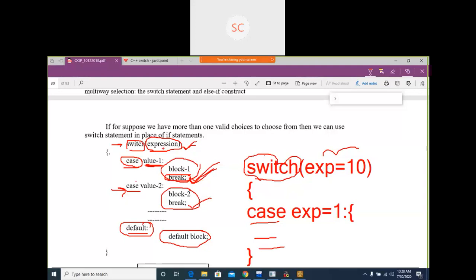It will come back out of the switch statement. Wherever the condition is true, it will execute that block of code. At the end of that block we are going to write one break statement. If you are writing a break statement, you are breaking the execution here, you are coming back from this switch case.